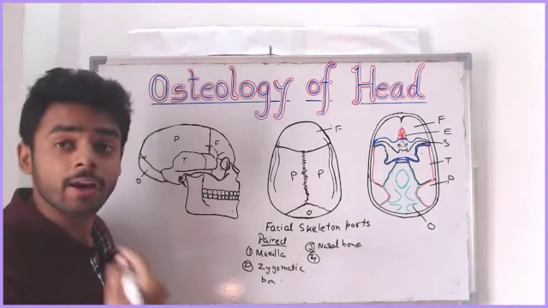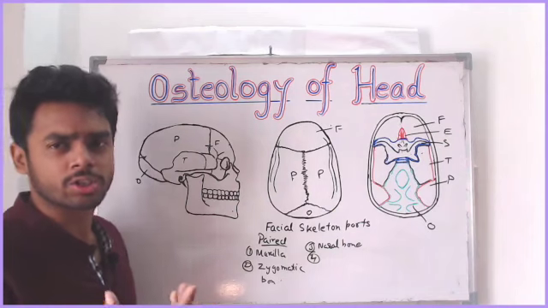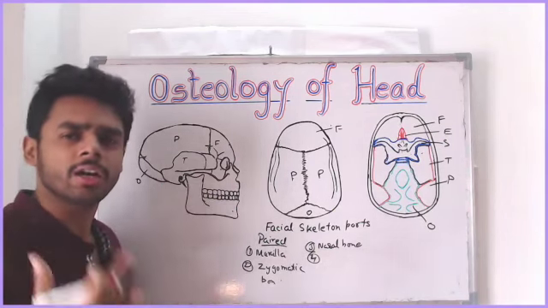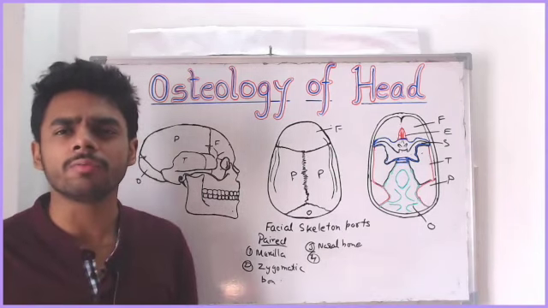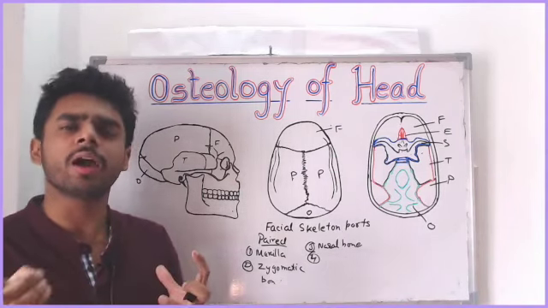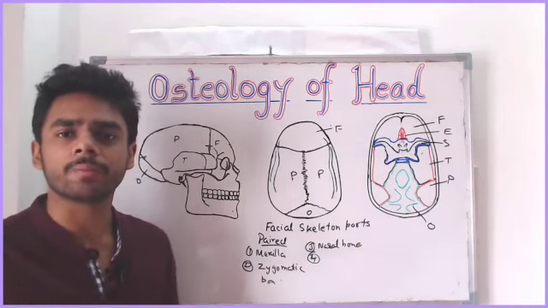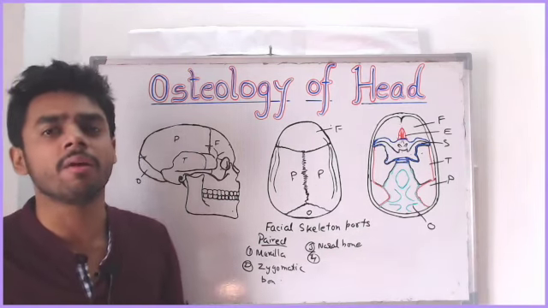Then we have unpaired bones also, like mandible, and there are many structures. Vomer is also present, but we can't study that vomer in this view. We will study about them in detail in a later class. Now we will know about the different views of the skull. First we will study the skull externally, and after that we will study it internally by removing the calvaria, that is, the brain vault.